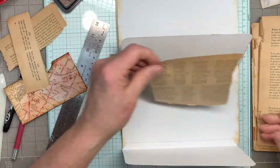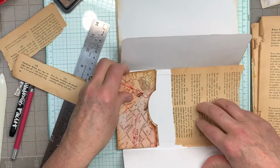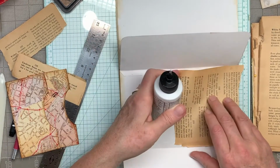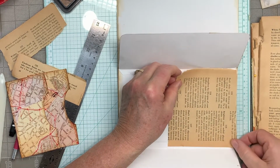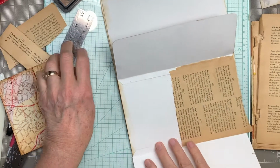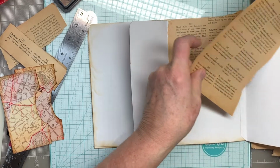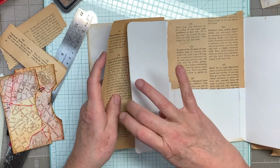Okay, now you're ready to glue this in. And then these will go here. Well, these will go like this. Yeah, that'll be enough to cover it right there. So the glue goes here. And honestly, I don't know why I didn't think of this before, but I needed to cut paper here too. So I'm going to use the same household guide book and see if I can get it to...